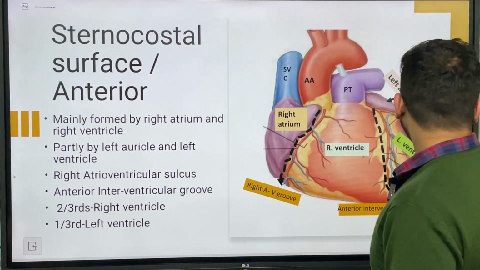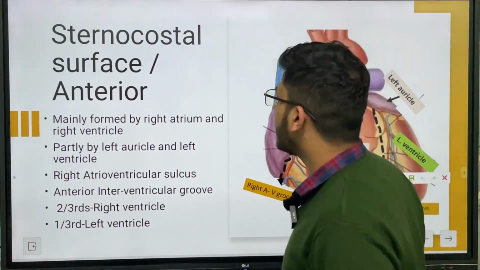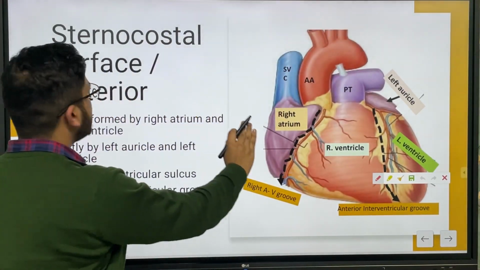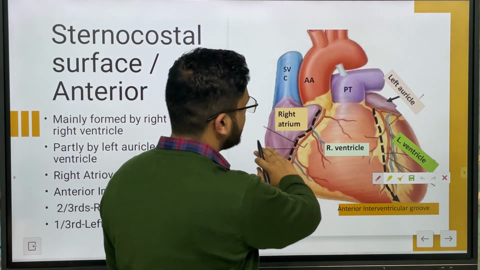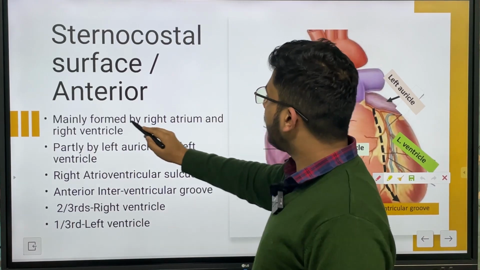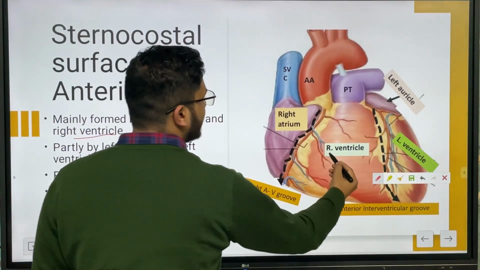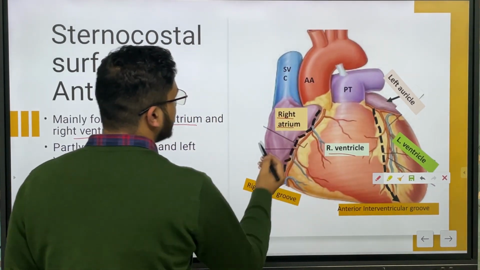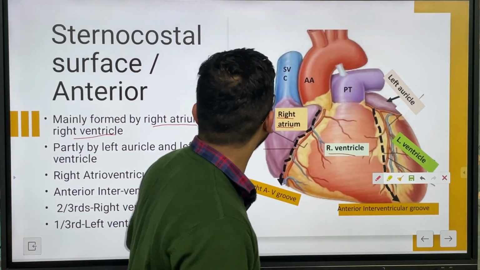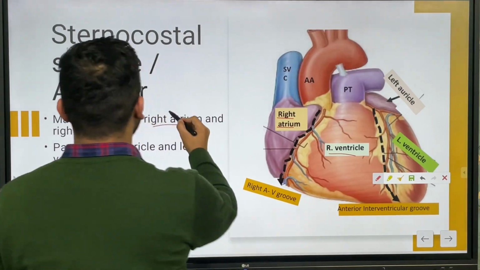The first one is the sternocostal surface. Sternocostal surface, which is also known as the anterior surface. I want to show you this sternocostal surface or anterior surface here in this picture. First of all, it is mainly formed by the right atrium and right ventricle. This is your right ventricle and this is your right atrium. This is the main portion of the sternocostal surface, which is formed by the right